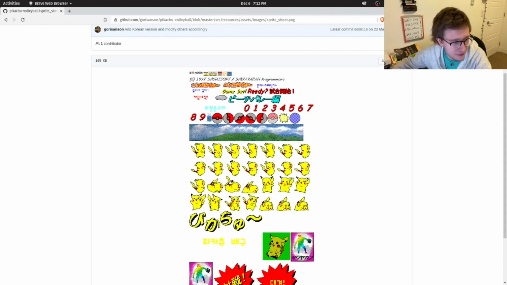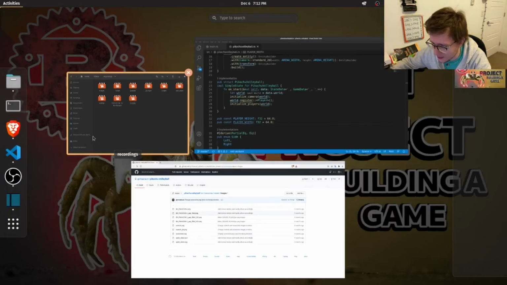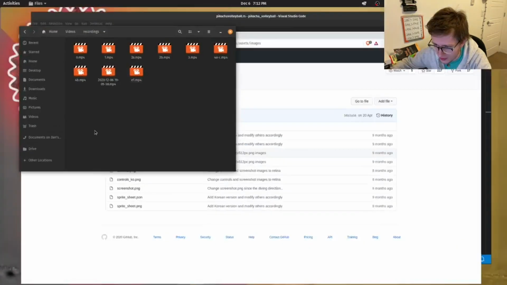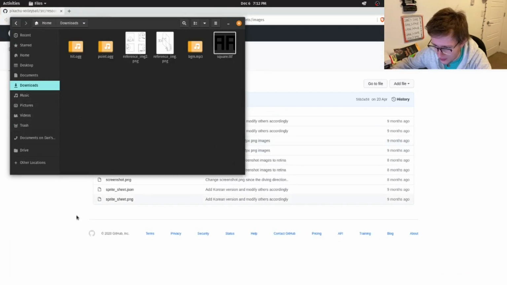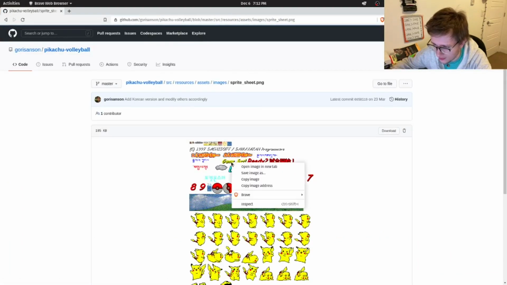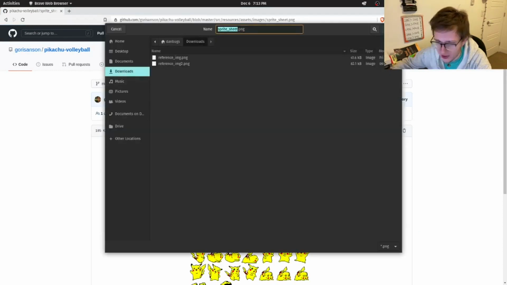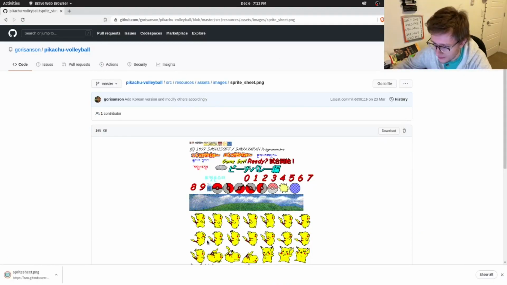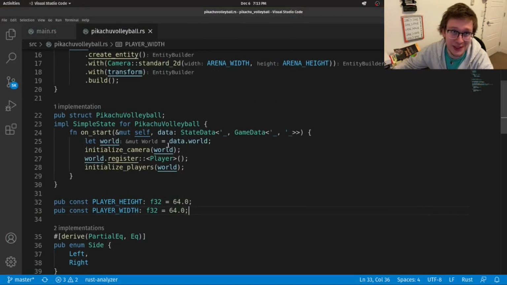Pretty convenient. I have it in my downloads folder, hopefully. I did not. Okay, let's just save image as, and we'll save it as sprite sheet. So there you go, you can see me getting the image.